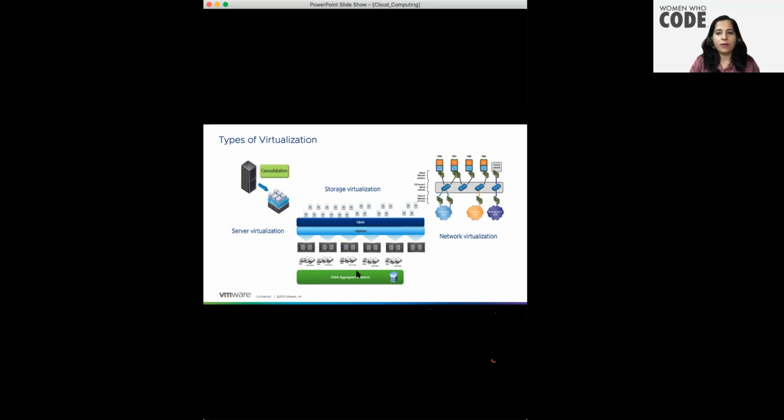So this way we can have a storage virtualization. Now the next one is the network virtualization. So in this case, all the physical networking components are combined. As you can see in this figure, there are Ethernet cards, which are combined into a single software-defined layer platform that sits as an overlay on the physical network and provides network connectivity to the virtual infrastructure. So here, there are the physical Ethernet cards.